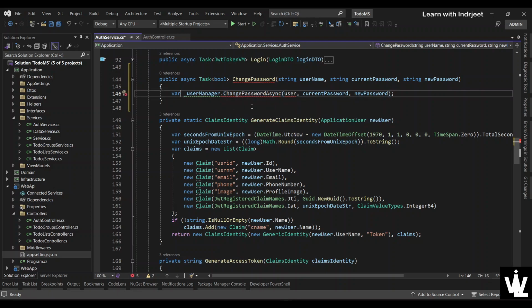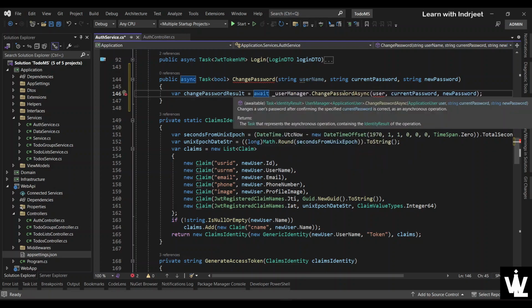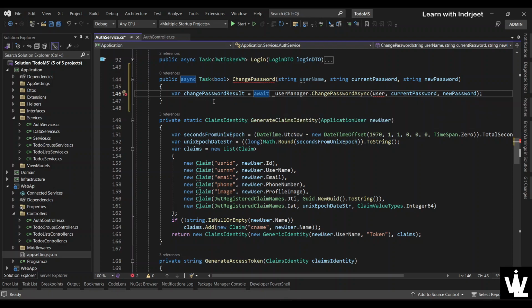Okay, sorry. So changePasswordResult is equal to await